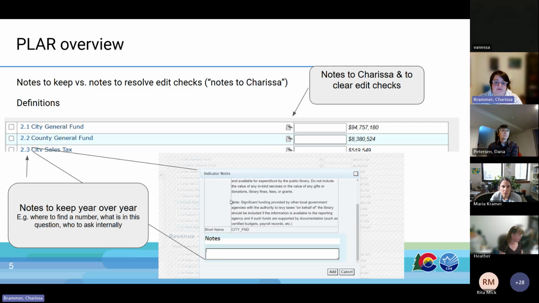Hopefully this makes it less frustrating. I know it's really frustrating when you're just trying to enter a form and it keeps popping up that it needs a note and you're like, I put one in. Sometimes it's because it was put into the notes to keep over the year and not in the edit check part. Also, if you ever feel frustrated, just shoot me a text, an email, or give me a call, and we'll walk through it.